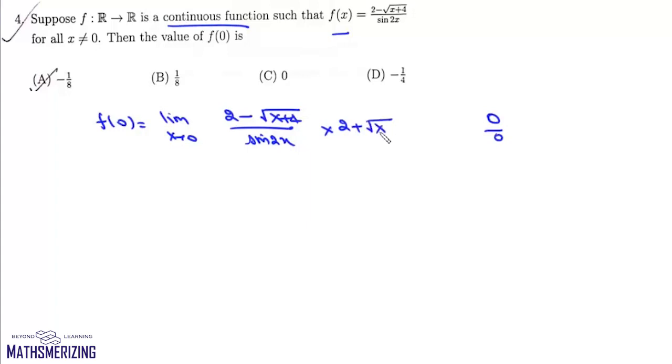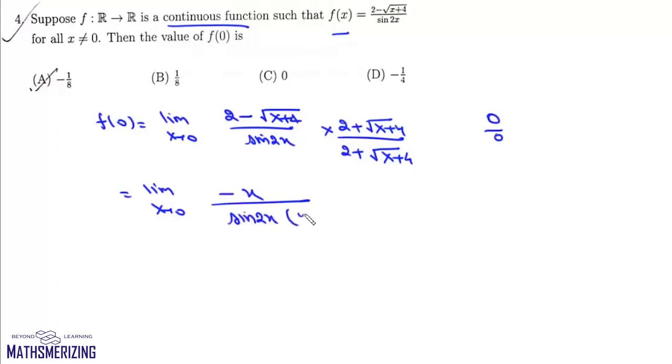Now we rationalize it. So we write 2 plus under root x plus 4 upon 2 plus under root x plus 4, which is this limit x tends to 0. Now here it will be 4 minus x minus 4, which is minus x upon sine 2x into 2 plus under root of x plus 4. Now here we'll multiply it with 2 and we'll divide it with 2. Now 2x upon sine 2x is 1. And if we put x as 0, it will be 2 plus 2, 4. So this value will be minus 1 by 8. So if this function is continuous, then the value of f0 must be minus 1 by 8, and that's your